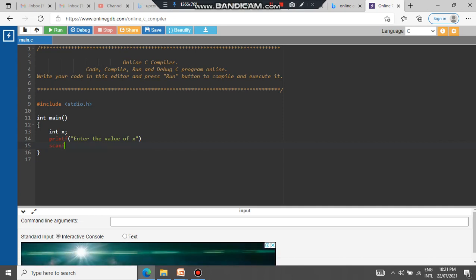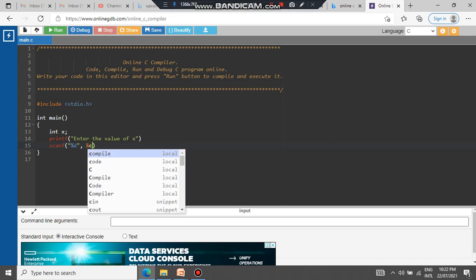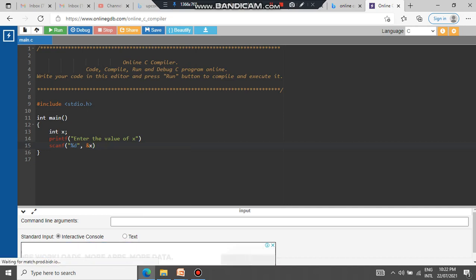For that we are using another statement, and that is called scanf. Since I am reading an integer value, I will use %d. In some of my last lectures, we used the float value, and for that we used %f. But here our intention is not to divide. We will not get any fractional value in this particular program. So directly we are taking it as %d, as an integer. Now we have read the value of x.